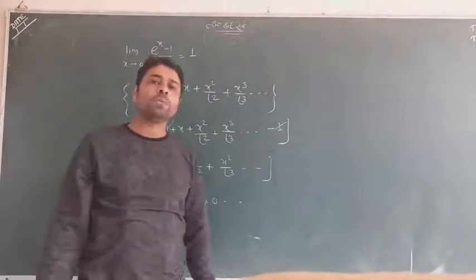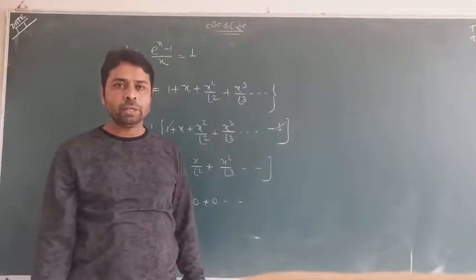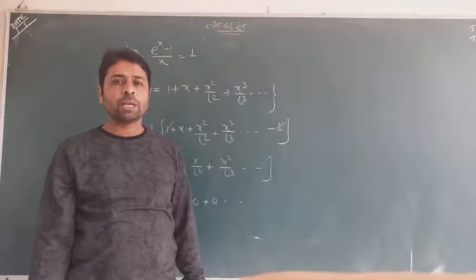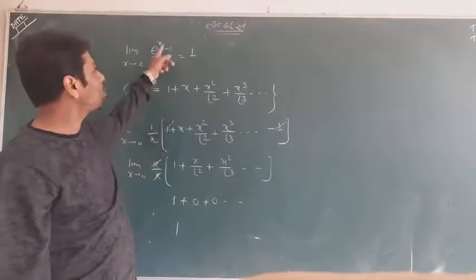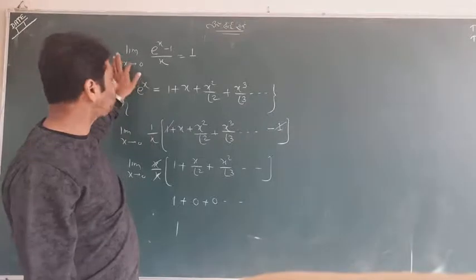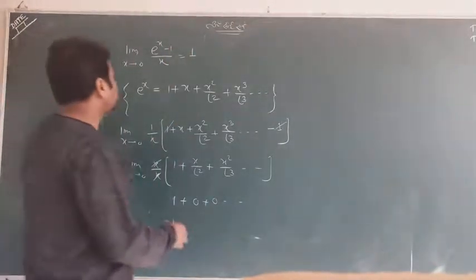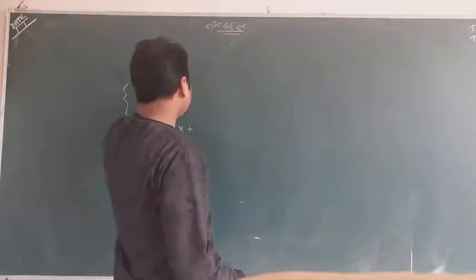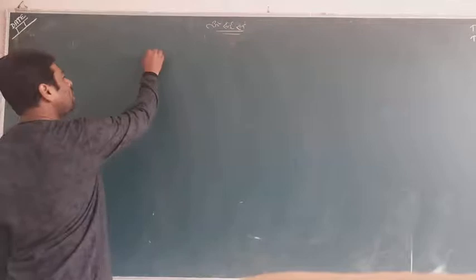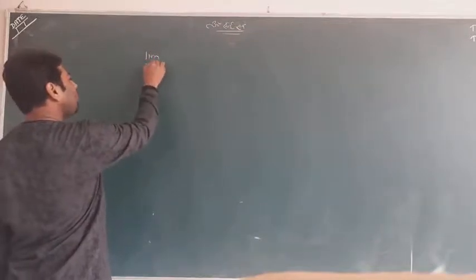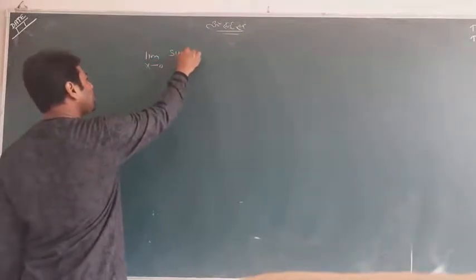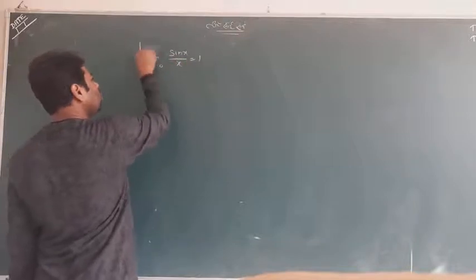So 3 formulas we have seen till here. Sin x upon x, tan x upon x, and e to the power x minus 1 upon x, all under the limit is 1. So please remember these are all laws. Some more important thing I am telling you here, try to understand. We have seen the formula sin x upon x is equal to 1, this you know now.